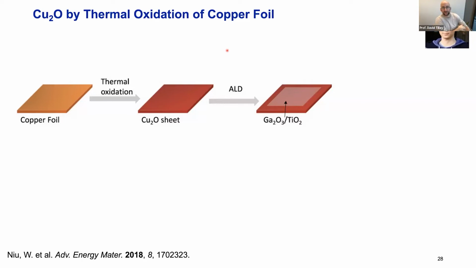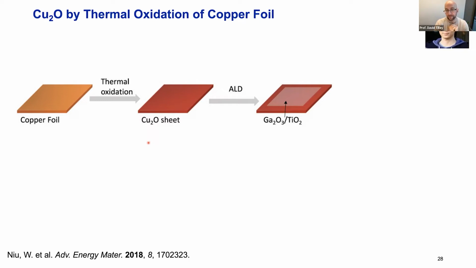Okay, so I'm going to tell you a couple of stories. First from Winze. He came as a visiting PhD student and then came back as a postdoc. So he was interested in adopting the methodology of Minami in Japan, who was looking at oxidized copper foils to make high quality copper oxide sheets. And the way you do that is you take a copper foil and heat it up to, I think, 1,000 degrees, 1,050 degrees, something like that. And you control the partial pressure of oxygen. And then you cool it down under controlled oxygen partial pressure. And when you do that, then you can make a very thick sheet of an oxide with very large grains,